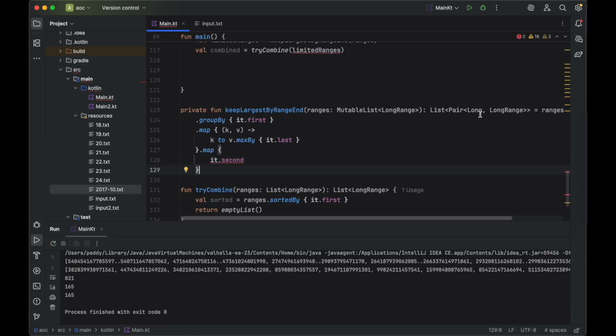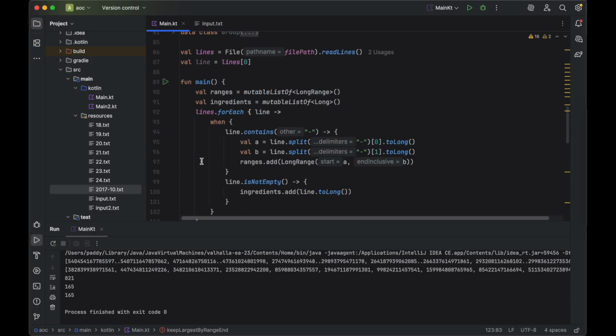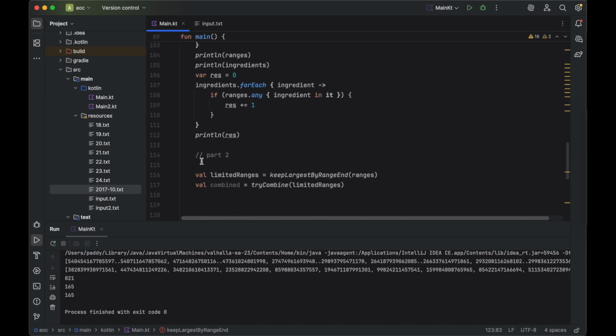Yeah, we just want the, I want a list of long range. Okay, so then we can